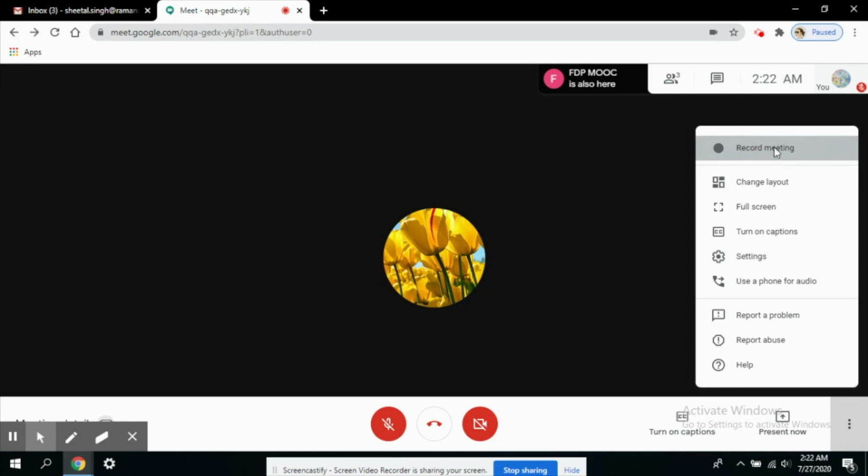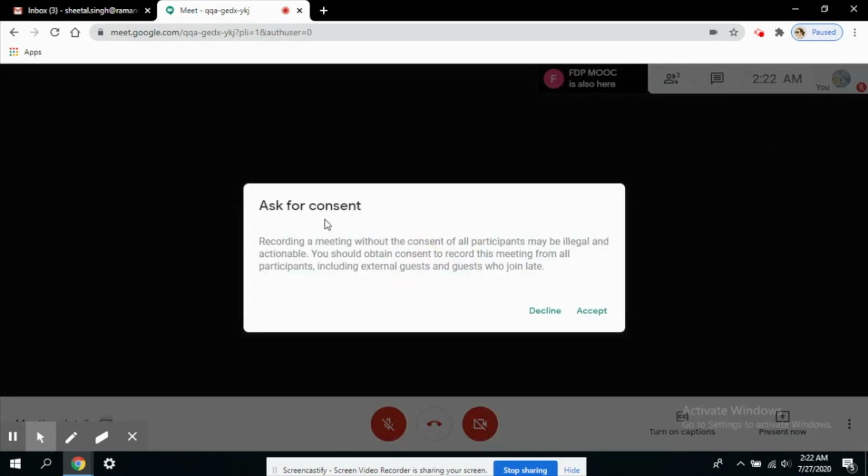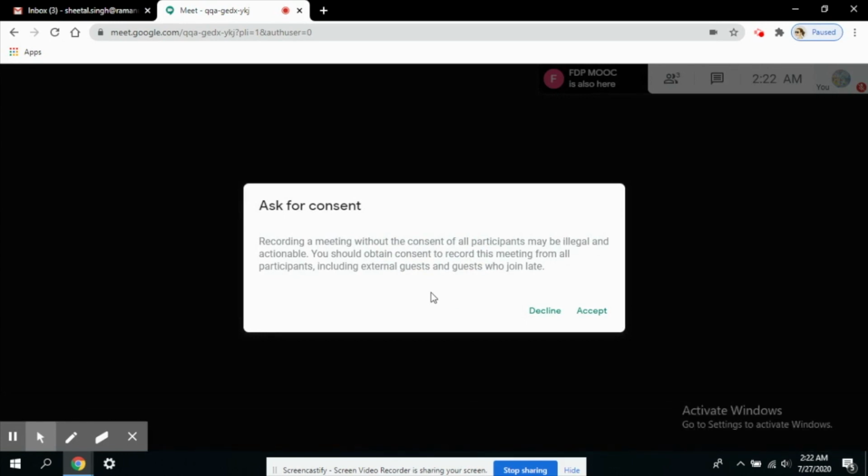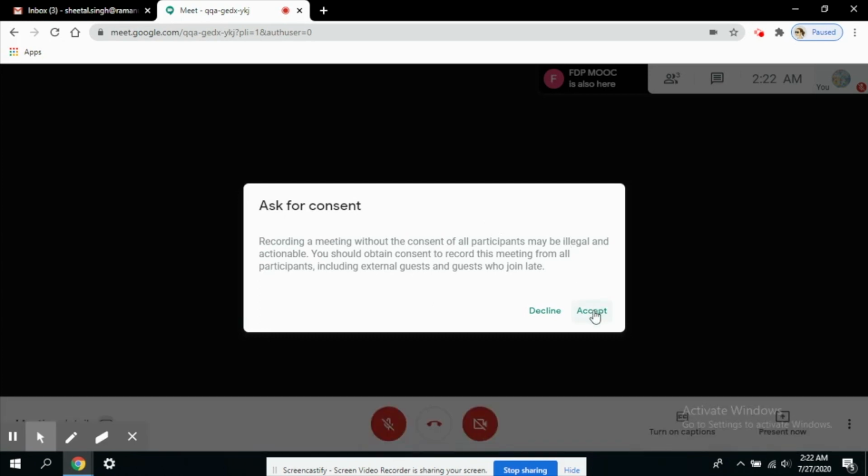Let us see how it works. Just click on the record meeting button. Now it will ask for consent, because it is illegal if you do not notify your participants that the meeting is being recorded. It is just a mandatory disclaimer, and you need to accept it to start recording.